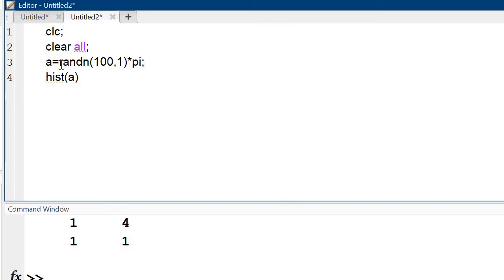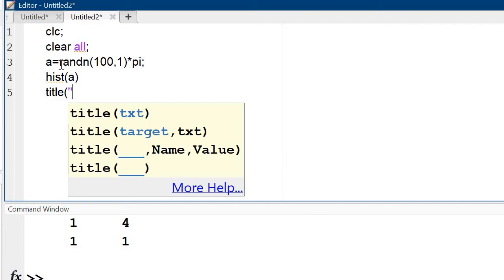Now I want this hist command, and after that I am giving the title: the histogram to show 100 random values.